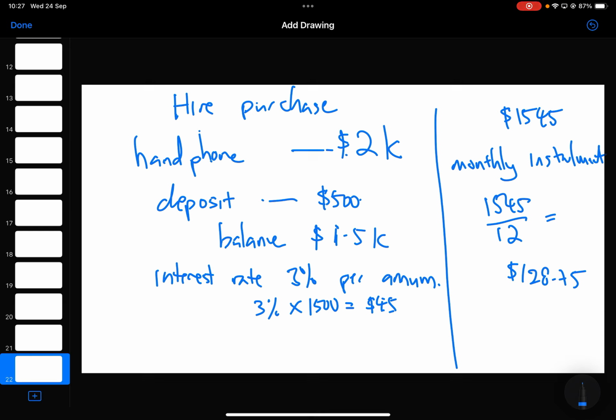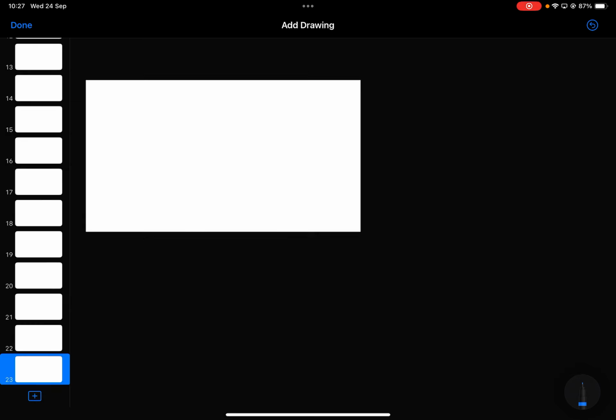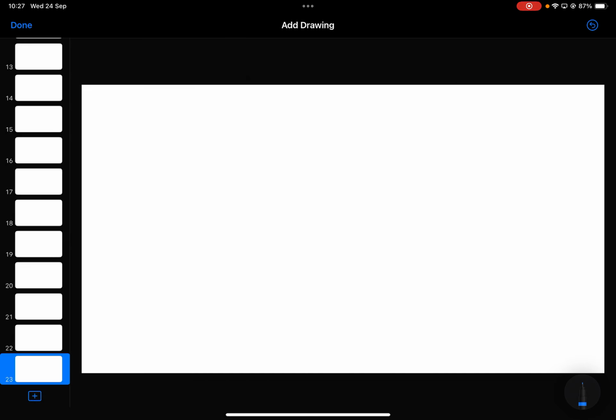Those are the meanings of the words that you all may see. What is interest rate? What is deposit? What is monthly installment? Okay, so you must understand all this. The question may give you in another direction or another way. They tell you, you pay deposit $500, and then they tell you your monthly installment